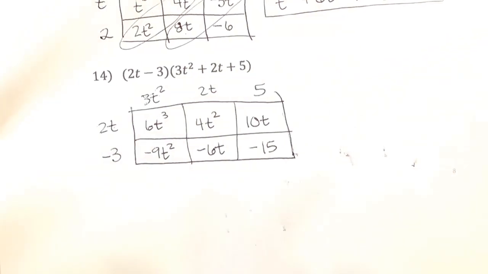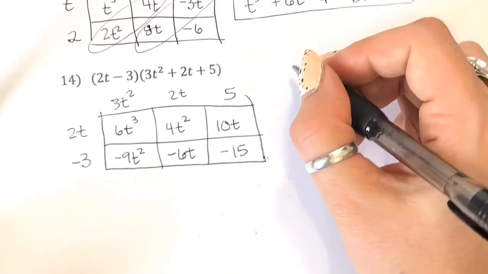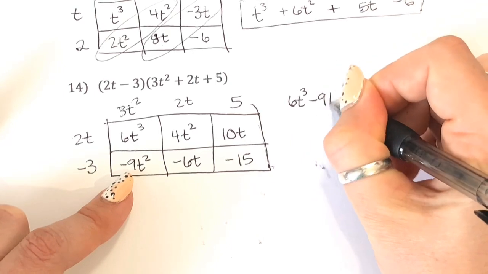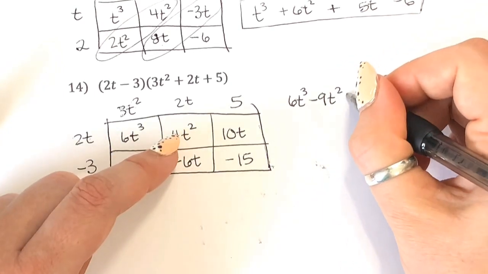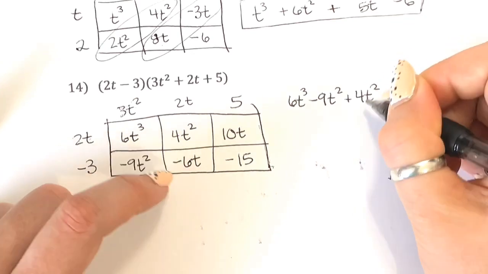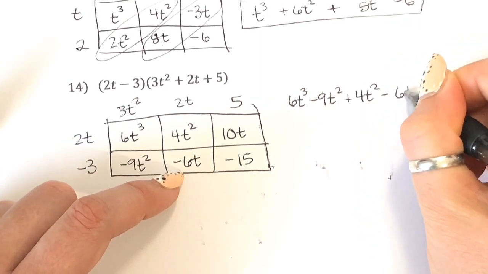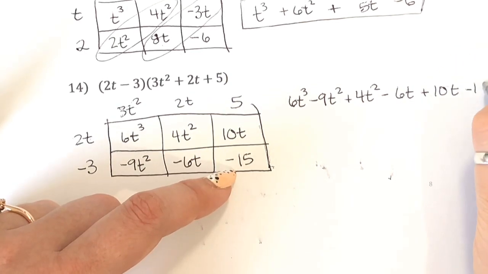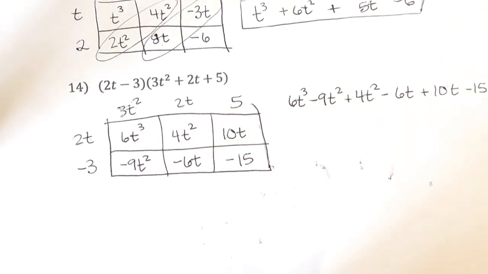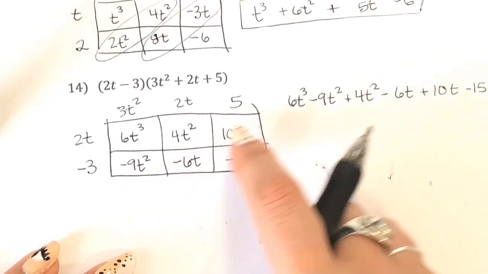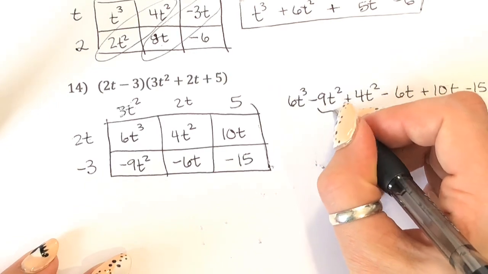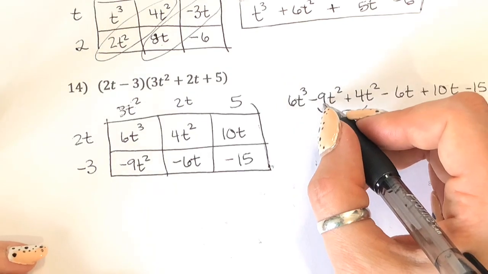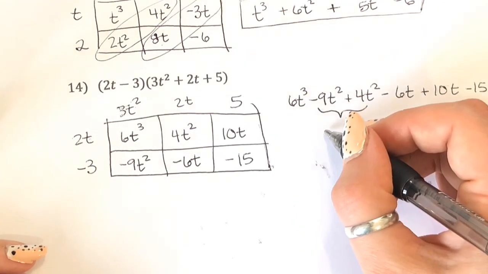I'm smearing my ink all over. So let's write all of our terms out. We have a 6t cubed, and then a negative 9t squared, positive 4t squared, a negative 6t, a positive 10t, and then a negative 15. So we do have like terms again, and as you'll see, they're usually on that diagonal, but we can combine them here. I have a negative 9t squared and a positive 4t squared. So look at those coefficients. Negative 9 plus 4 is going to be a negative